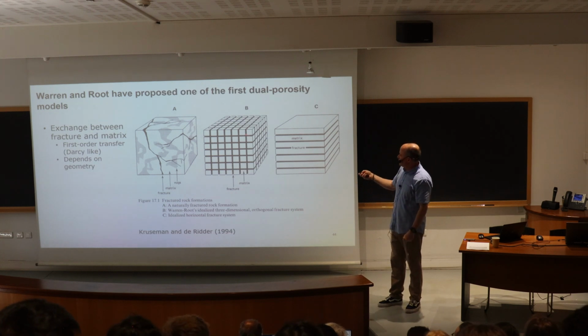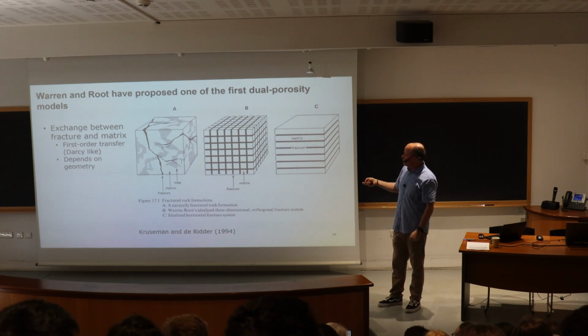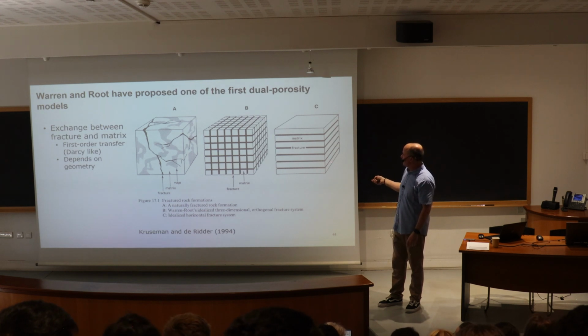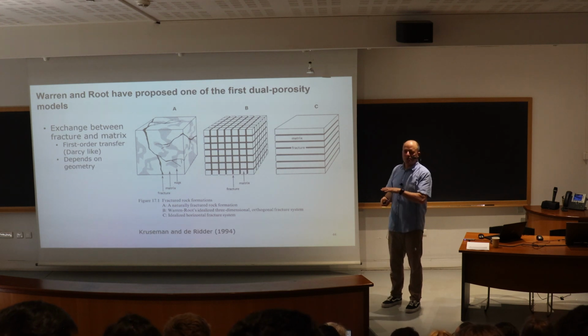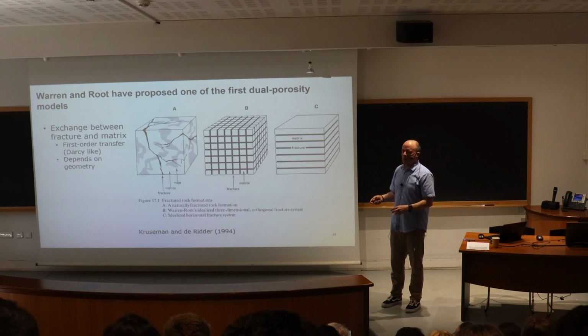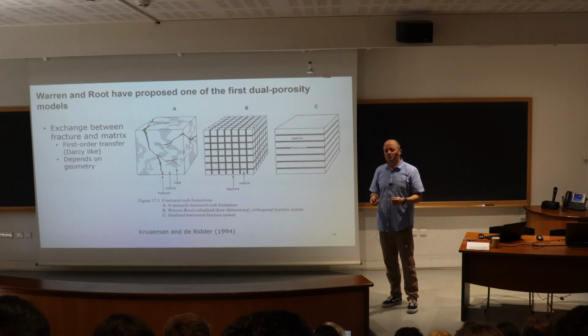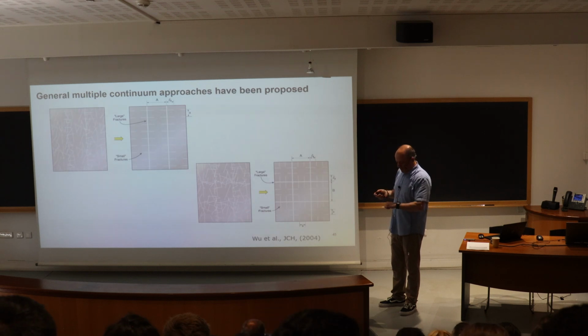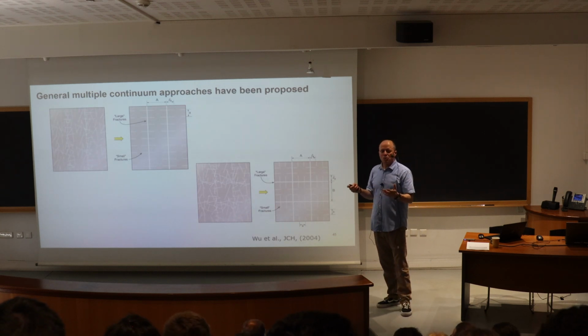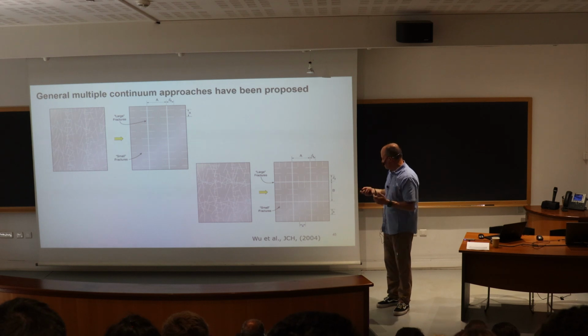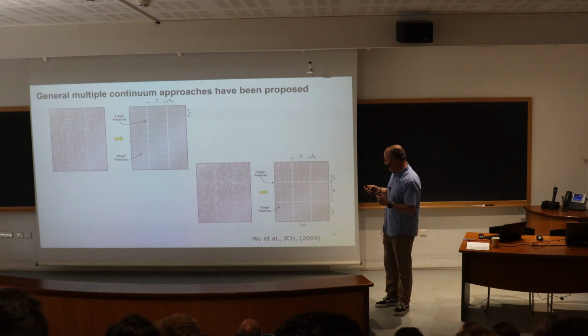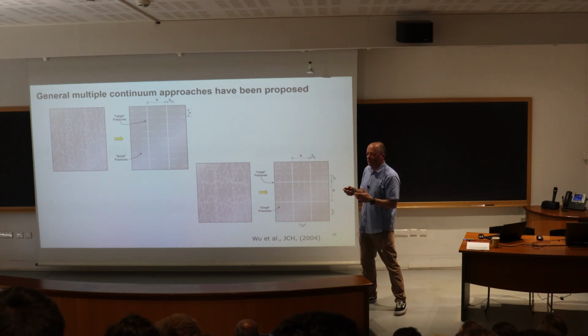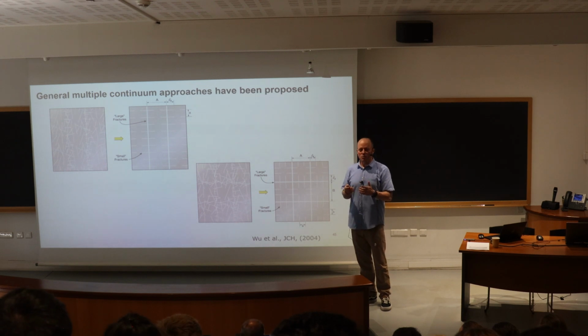They proposed, this is the typical Warren and Root approach, so it's cubic-like, or some others proposed just networks of fractures like this, horizontal fractures with a matrix in between that might participate in flow under certain conditions. Other approaches have been developed where you can even include more types of fractures. So this is from Yu-Shu Wu in JCH, where they introduce a triple continuum approach,